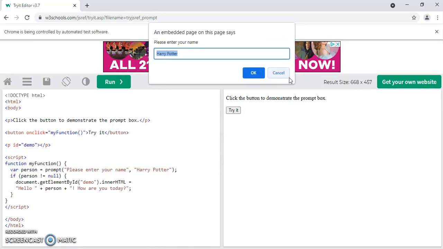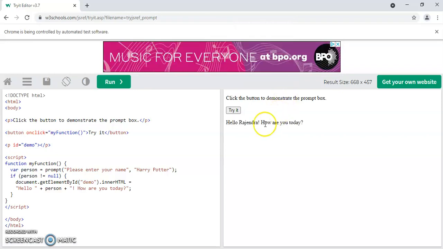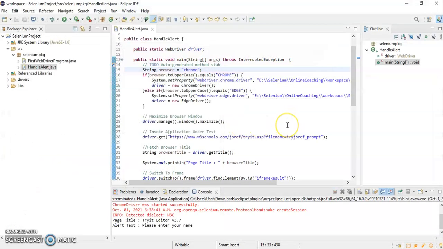It clicked on try it. And if you see, I'm getting this text, right? So it has entered my name. So this is how we can handle confirm and prompt in Selenium.